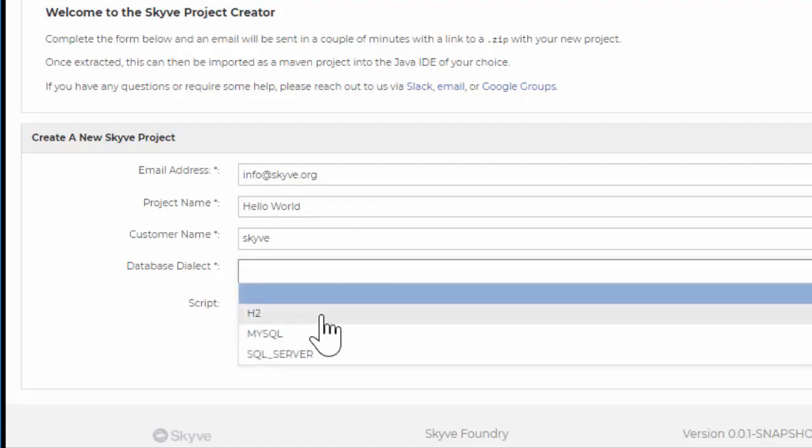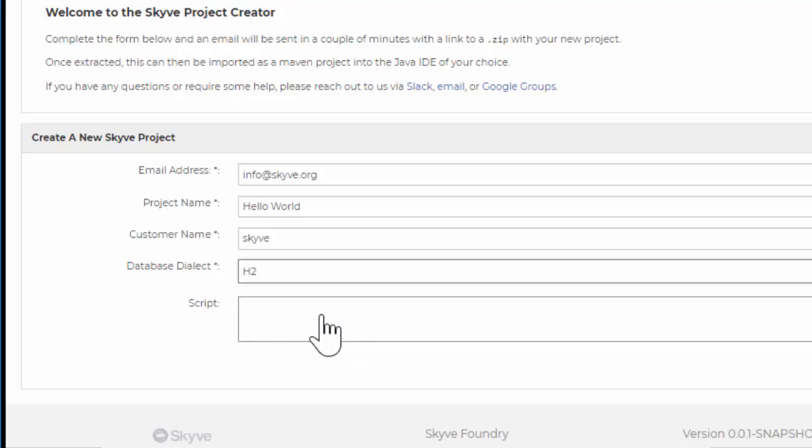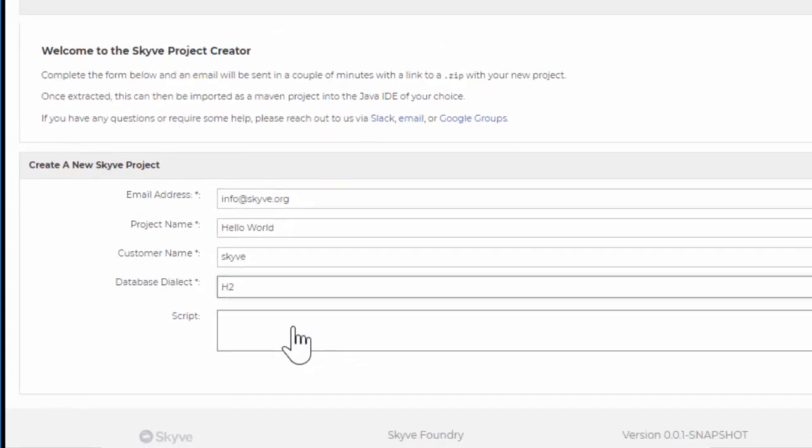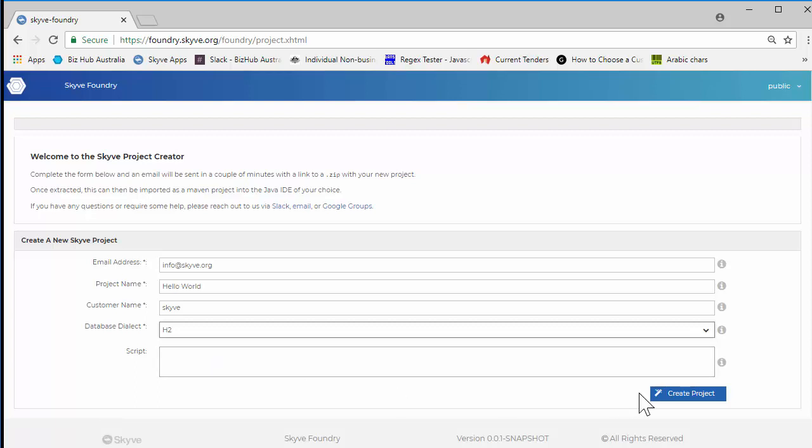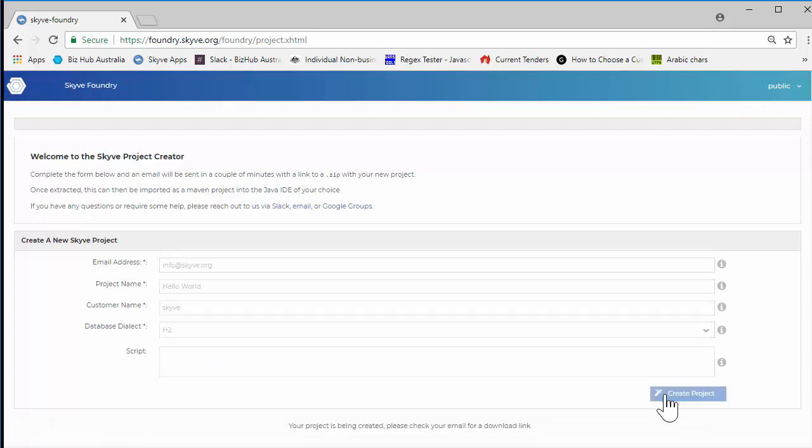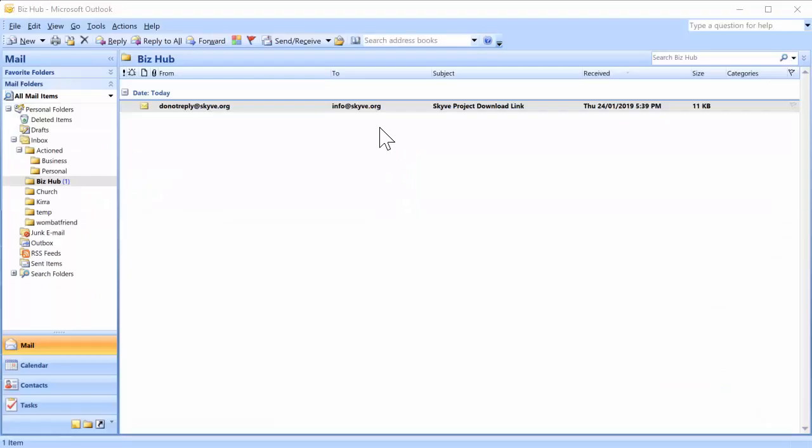Next, choose the type of database you want for structured data. If you're not sure, the H2 file-based option is an easy way to get started, and you can change it to something else later. Finally, if you've got a Skyve script, you can add it here. If you don't, just leave this blank. That's it, you're now ready to create the project, and in about 1 minute you'll receive an email with a